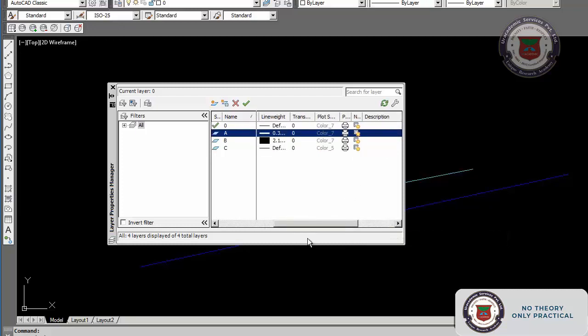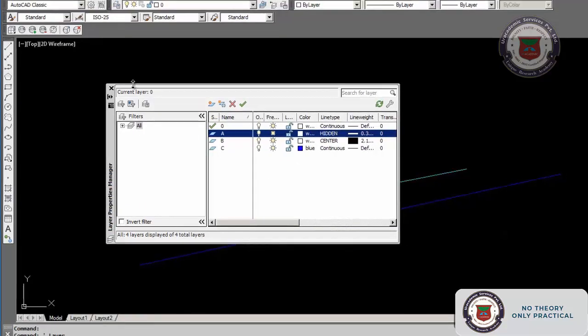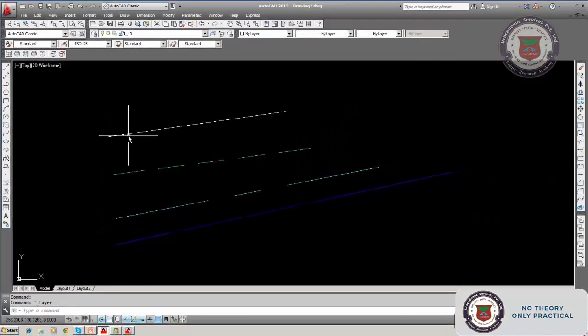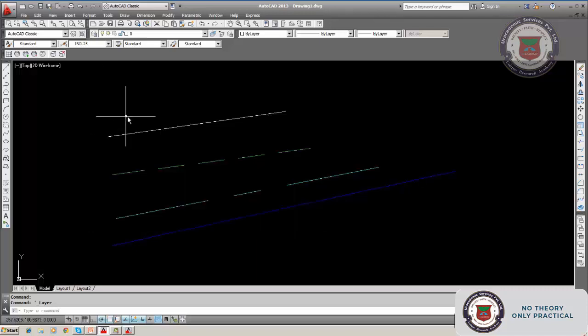So for the time being, it's better you know about the layer properties related to color, switched off, switched on, frozen, lock, line type, line weight. 1, 2, 3, 4, 5, 6. Six properties which we know. We can change any properties. So this is about layers.